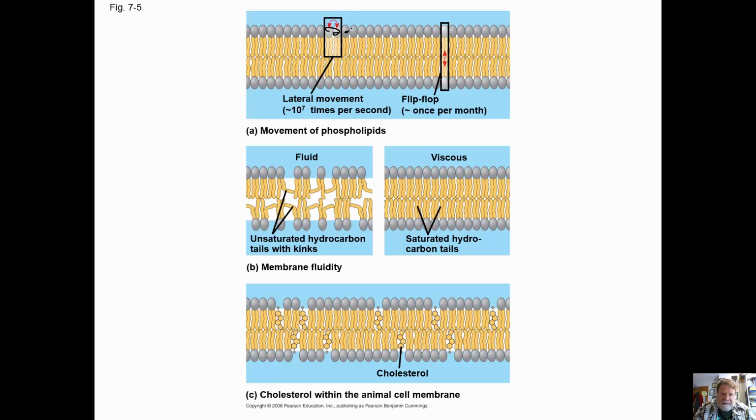Again, the phospholipid bilayer: these molecules can switch with one another. The phospholipid can rotate. They flip-flop relatively few times, maybe once a month. Unsaturated hydrocarbons form kinks in the tails and make it more fluid at lower temperatures. Saturated hydrocarbon tails make it more viscous at higher temperatures. And then cholesterol does dual duties,